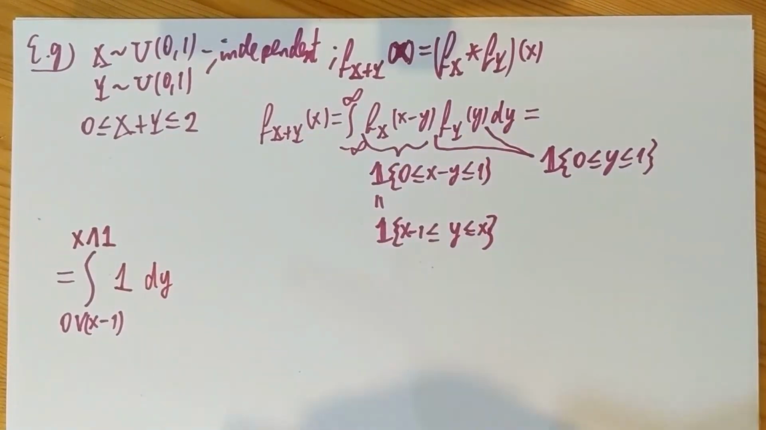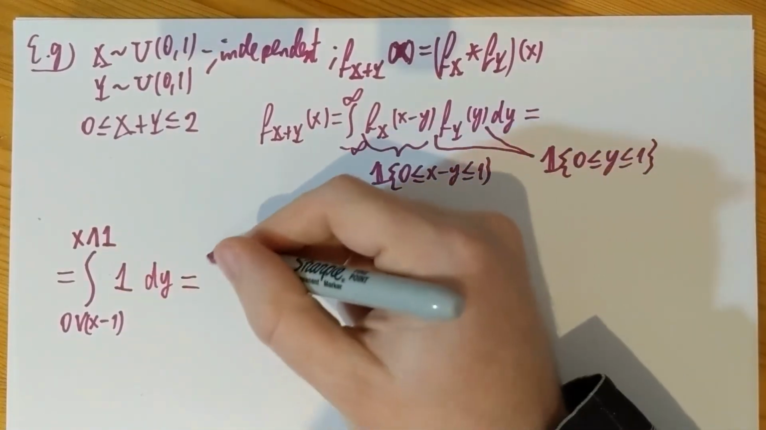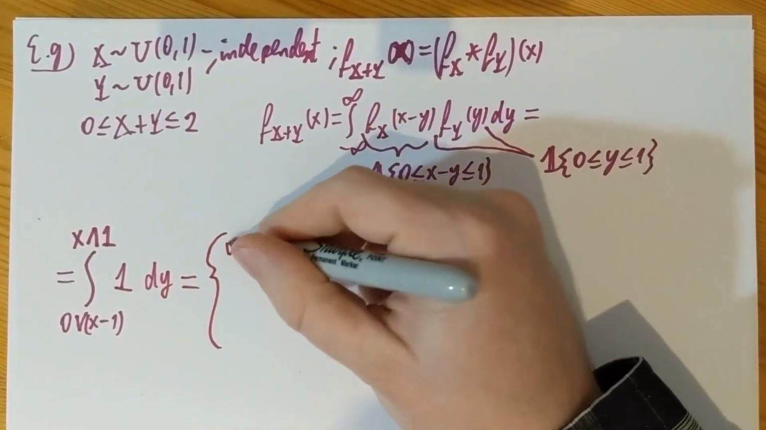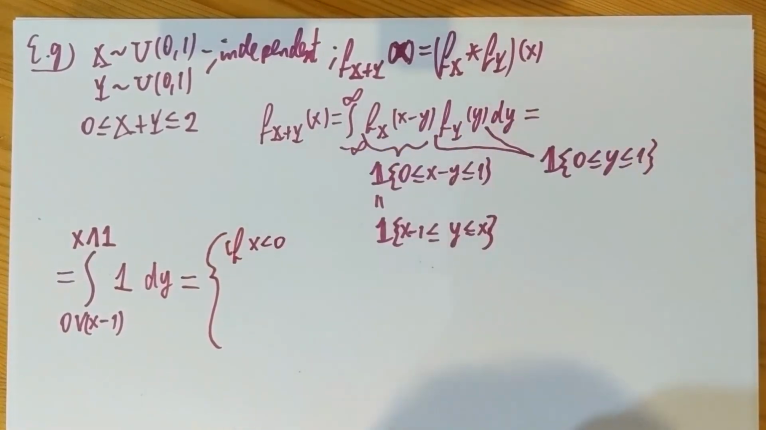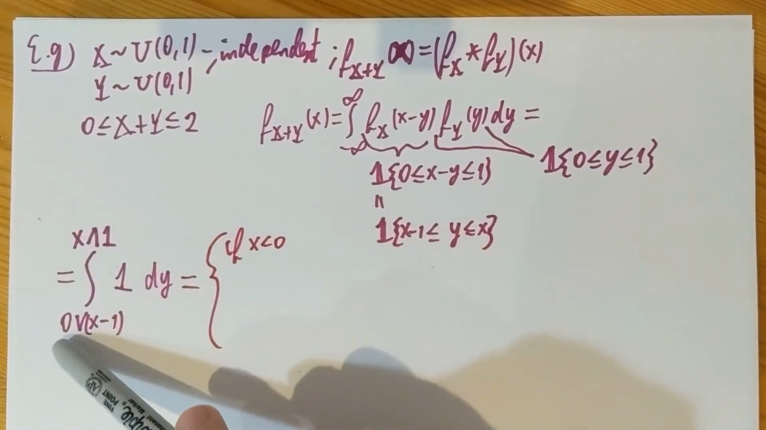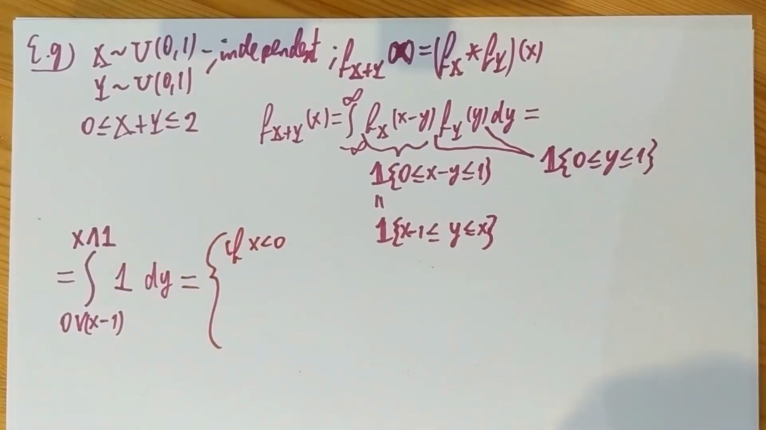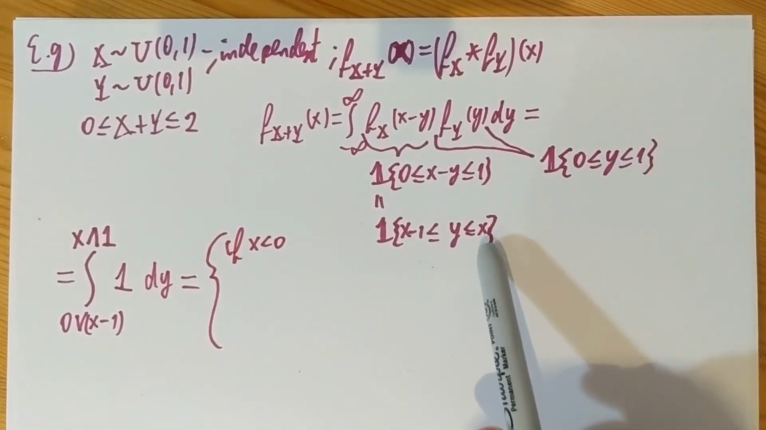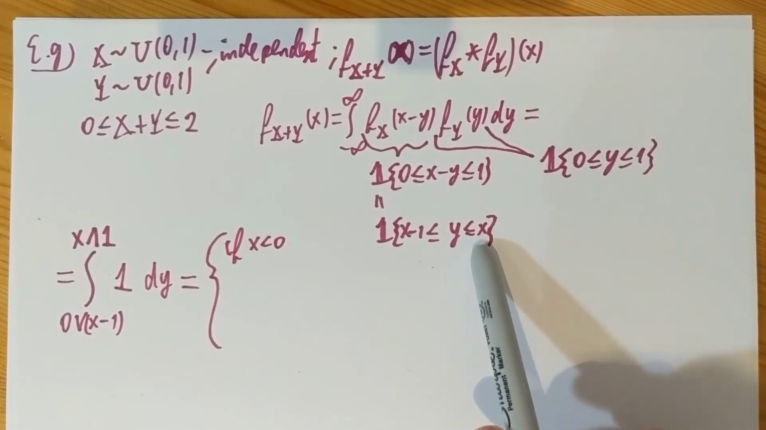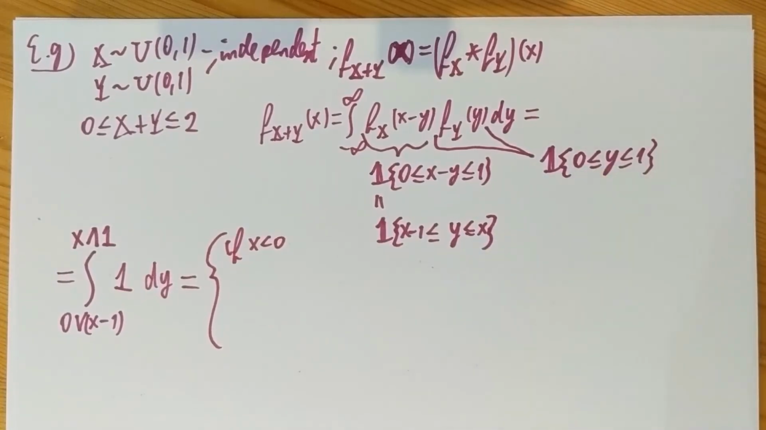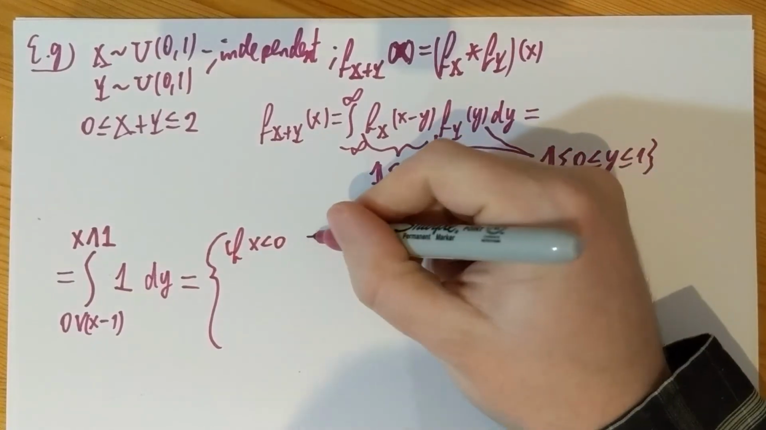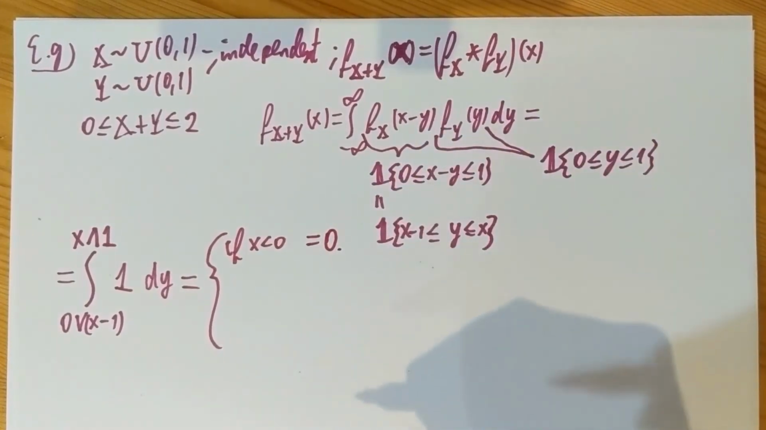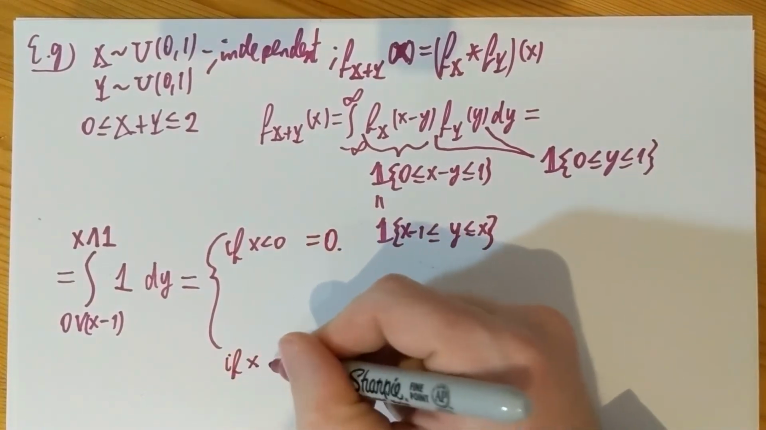Now, let's evaluate this integral. If x is smaller than 0, then the upper bound is lower than the lower bound, and it's understood that the integral is 0. Indeed, the indicators cannot both be satisfied. If x is smaller than 0, then y is smaller than that negative number, but it also has to be larger than 0. So the answer is a big 0. Similarly, if x is too large, if x is larger than 2,